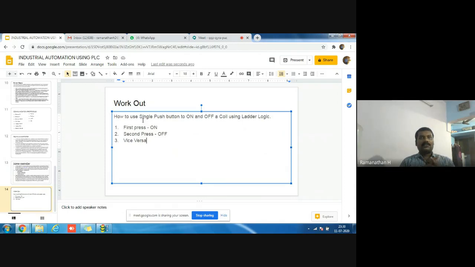These are the next session's agenda. First one is this exercise discussion, and DOL starter and star-delta starter, and case study discussion. Not working out the case study, just case study discussion. And I hope Regan sir will allow me, in the next session, to give some 10 to 15 minutes about career opportunities in this automation field for PLC and SCADA.